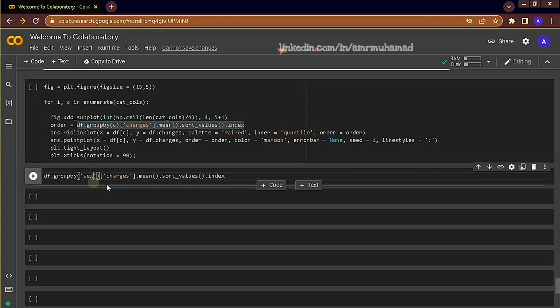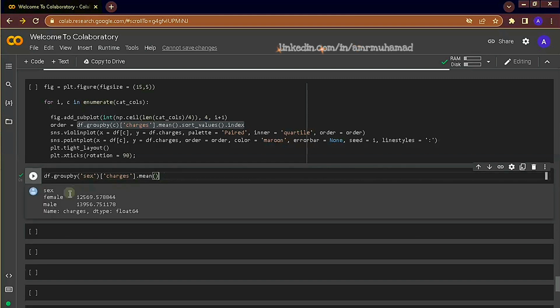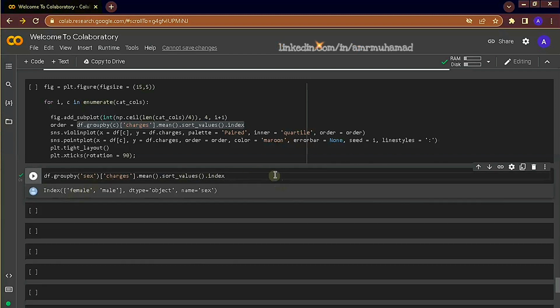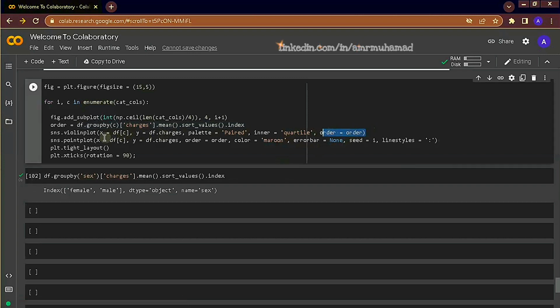So df group by gender calculates the mean of each group within the gender variable. Then we sort by values, so we have the lowest mean first, followed by the highest, and we capture the index, either male or female. So this simply gives us female or male, and this will be the order in our violin plot.